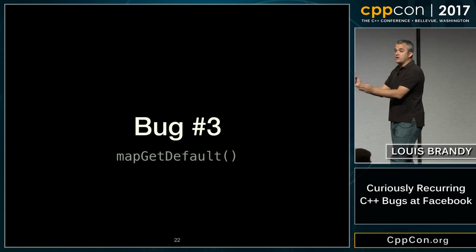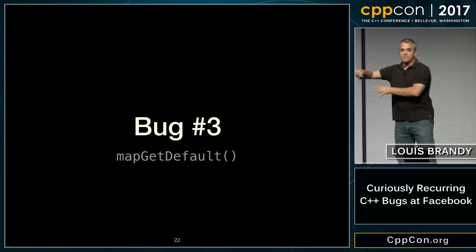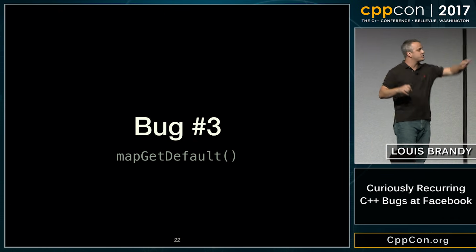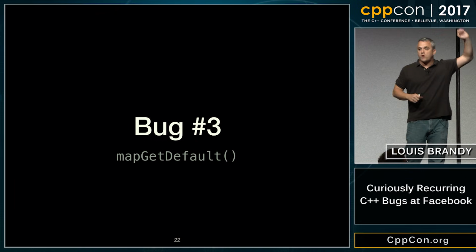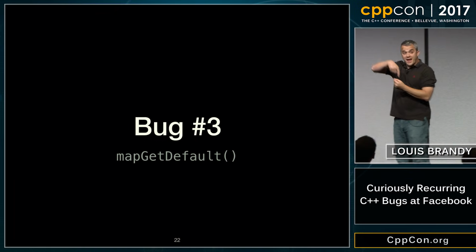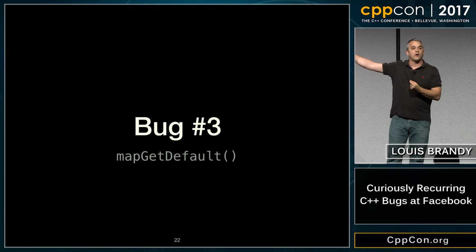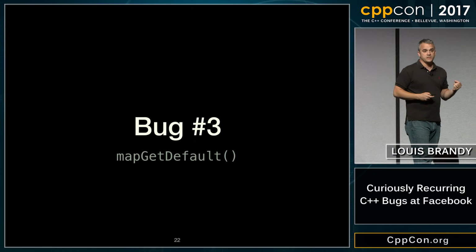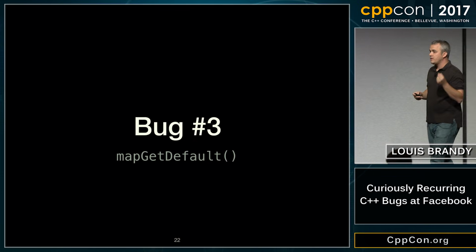Most languages have an equivalent, or rather an alternate mechanism, which is extremely common, which is this sort of get with default. So you can call a const map with a key, and if the key's not there, instead of throwing, return the default argument. C++ doesn't have one of these. Turns out it's actually kind of tricky, right?